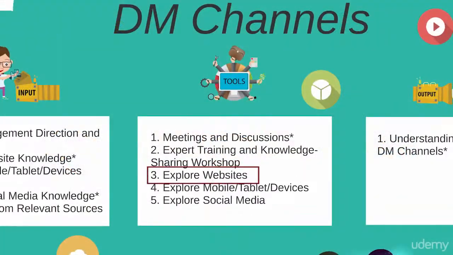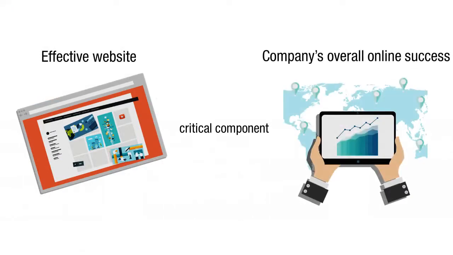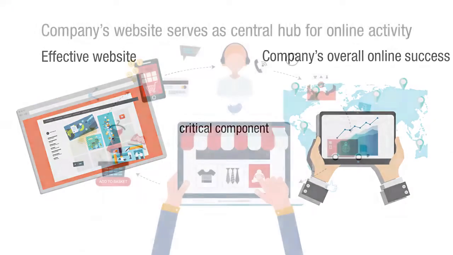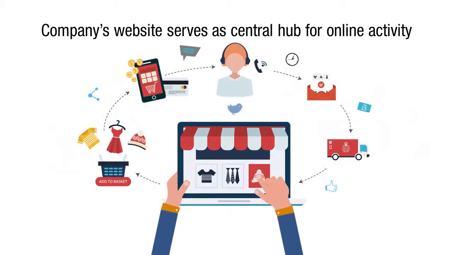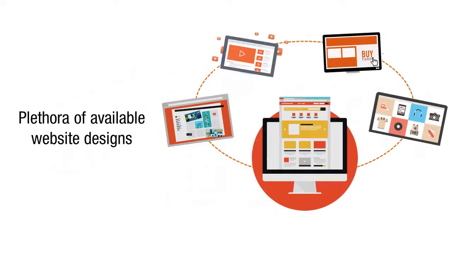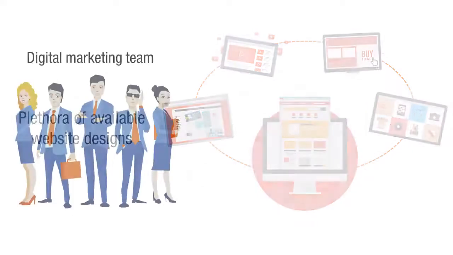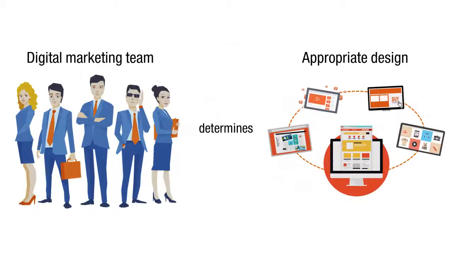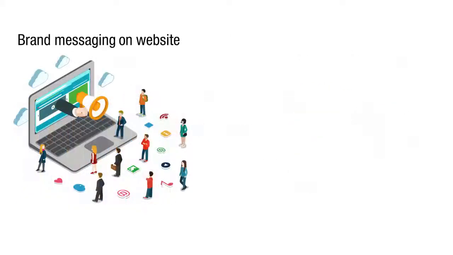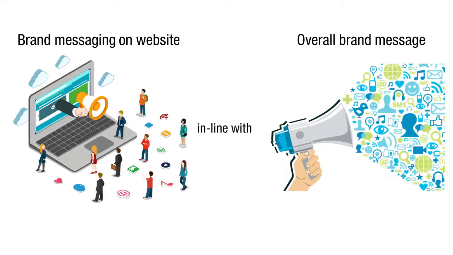The next tool we'll discuss is Explore Websites. An effective website is a critical component of a company's overall online success. The company's website serves as a critical hub and foundation for its online activity. With a plethora of available website designs, the digital marketing team must determine the appropriate and optimal design and message. The brand messaging on the website has to be in line with the overall brand message and must stay relevant